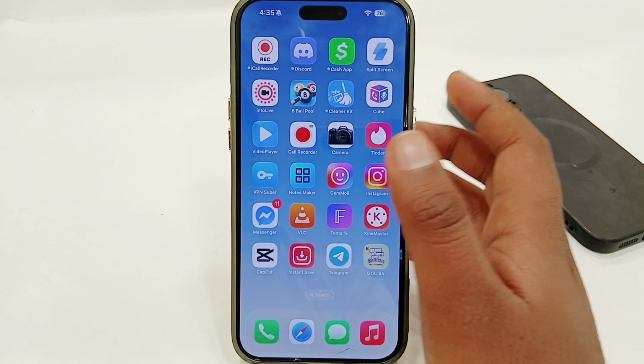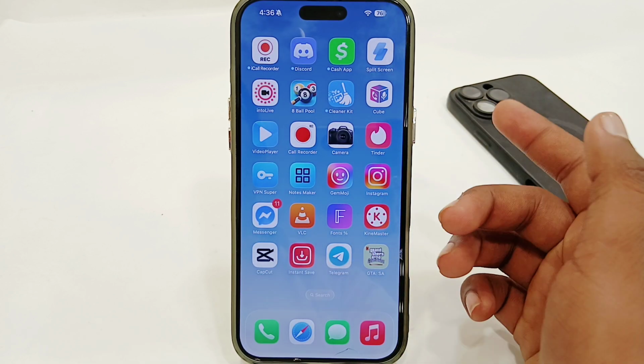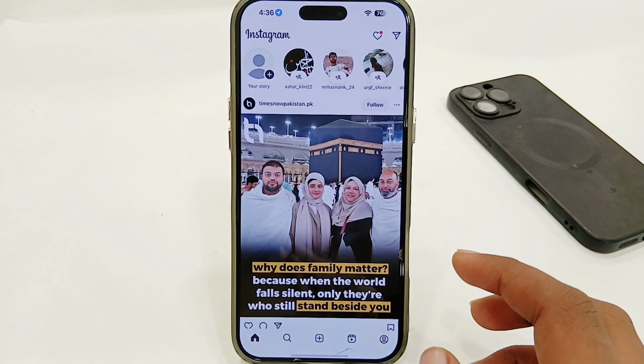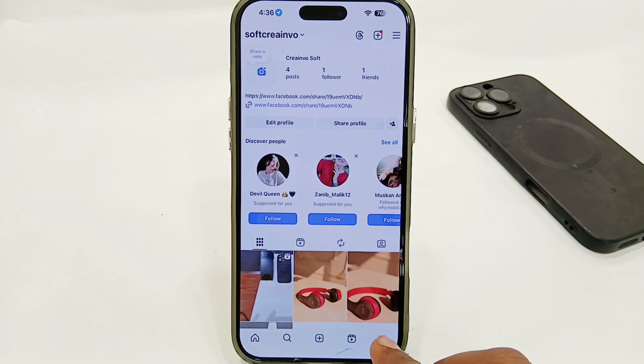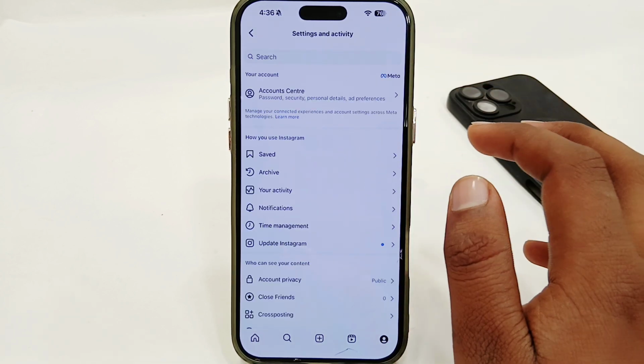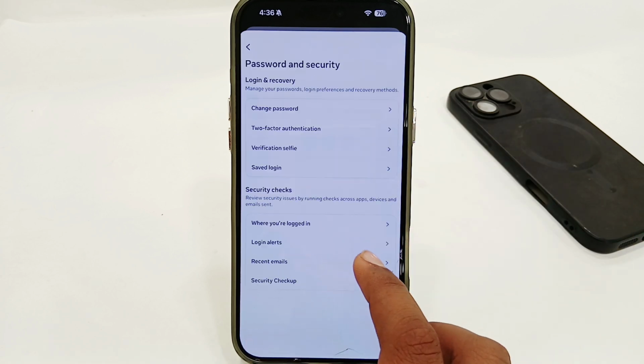Or if you're still facing the same issue, you can also try to change your Instagram password. It will help you to fix that issue. So open your Instagram app, tap on your profile option again, then tap on the three horizontal lines in the top right corner, tap on the account center, select password and security,